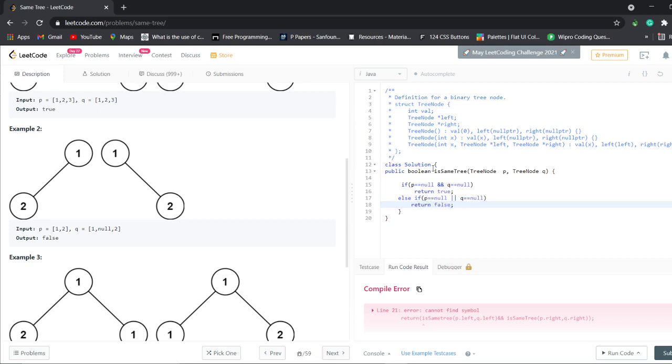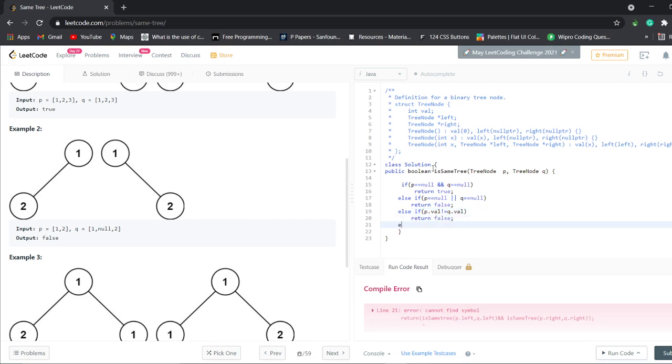Now we will check the value. If the value is equal, then it is a condition of a same tree. If the value of P dot value is not equal to Q dot value, then it is not a same tree. Return false.